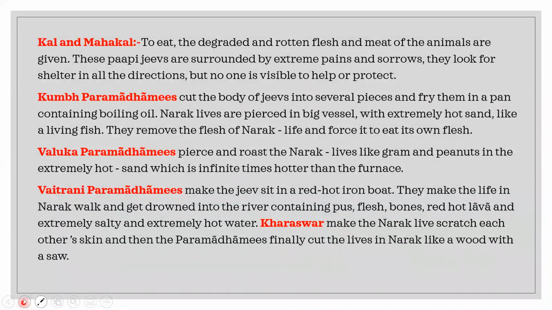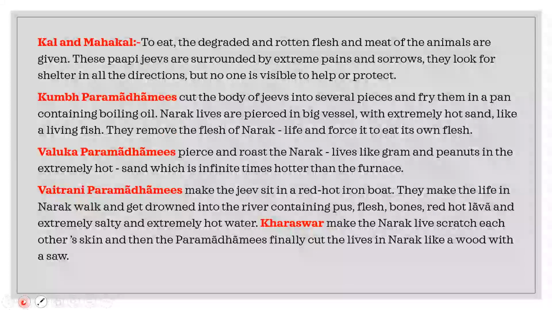Now, one thing to remember is, all these jeeves of Narkis, they have got Vaikriya Sarir. So even though their body is torn apart, they again join back in the form of mercury. So if you have seen mercury, right, if you have two pieces of mercury, you will see they slowly joining together. So similarly, their body, the jeeves of Narkis, they come back and join together. And even though they wish to die, they are unable to die because of their Asub Ayushya karma. Until their Ayushya is finished, they do not die.